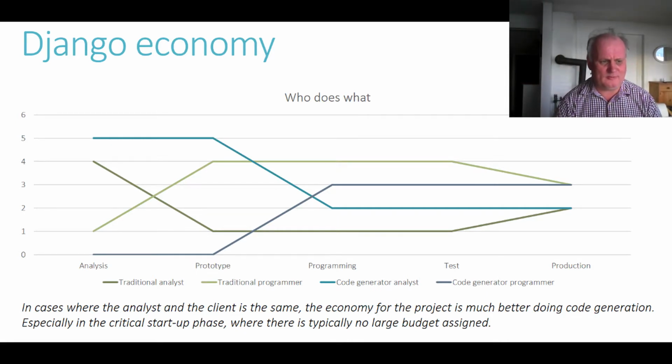Normally, in traditional development you have an analysis phase, a prototyping phase, a programming phase, test, and production phase. And if you use traditional Django, and here you have to look at the green lines, very quickly you need a programmer involved